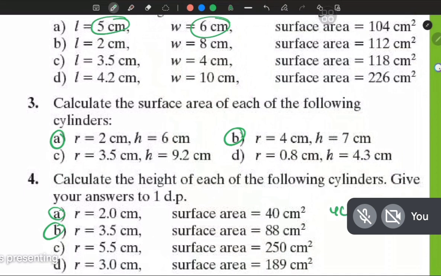तो आपके पास आएगा 40 इज इक्वल टू 2 पाई r स्क्वायर प्लस 2 पाई r h, ऐसे ही है। सर, दोबारा बोलें। 40 इज इक्वल टू 2 पाई r स्क्वायर प्लस 2 पाई r h। जी सर। ठीक है, तो आपने 2 पाई r स्क्वायर पहले माइनस कर दिया, ठीक है, और जो बचा उसको आपने 2 पाई r से डिवाइड कर दिया, इज इक्वल टू h, ऐसे ही है। नहीं सर, मैंने जो पाई वाली वैल्यूज हैं उनको रेडियस के साथ मल्टीप्लाई किया और उनको ऐड कर दिया, उसके बाद डिवाइड किया मैंने।